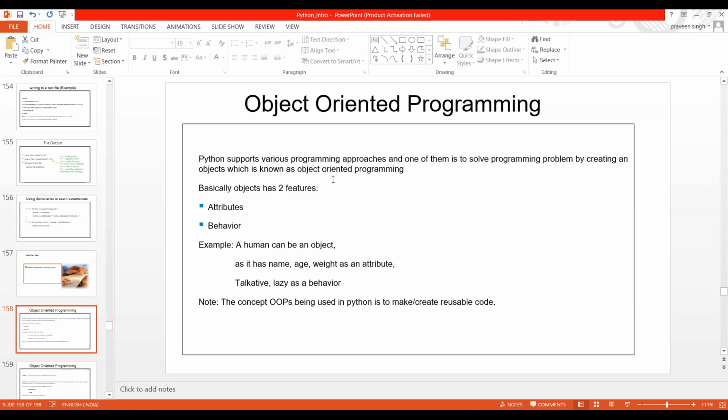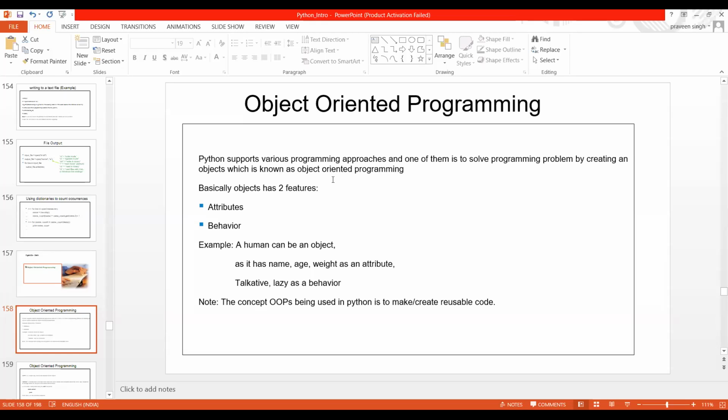So she must have her name, and she must be 21, 22 years old, or maybe 19 or 20. Some weight she has. Now whether she is talkative, lazy, or anything else you want to define as behavior, you can name it. Okay, so this is what an object actually is.